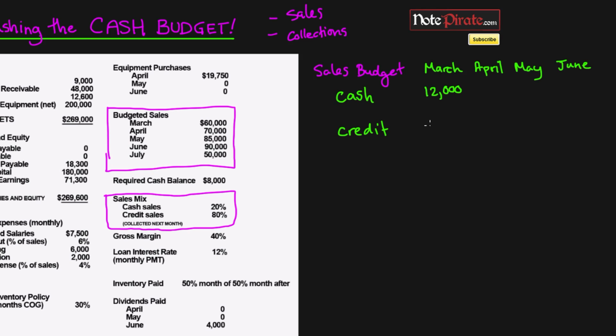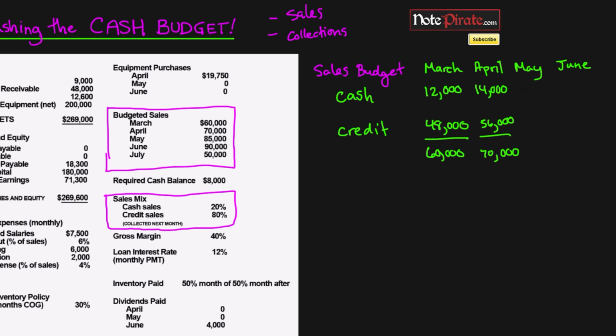The credit sales, 80%, will be 48,000. And as you can see, that adds up to the total amount, which is 60,000. For April, it's going to be 20% of 70,000, so 14,000, and the residual, which is 56,000. Total will be